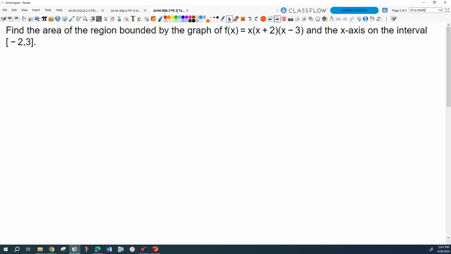Okay, finding the net area on this interval is easy. How would I do that? We'll just use technology, because you guys could do the integrals. They're not hard, right? You just would multiply that out and make it a polynomial if you wanted to integrate it, right? Just do the math, so to speak. But how could we do this with technology? I'm going to go to Desmos, and then I will make sure you know how to do this on your graphing calculators also. Okay, so on Desmos graphing,